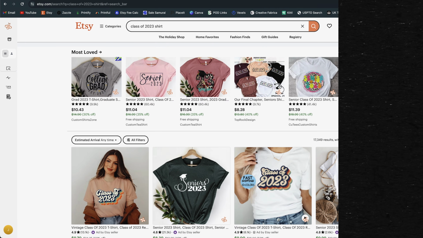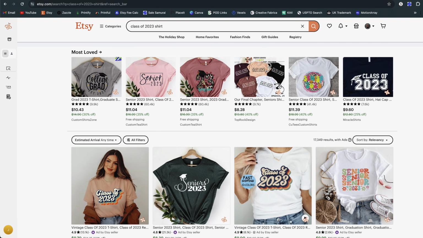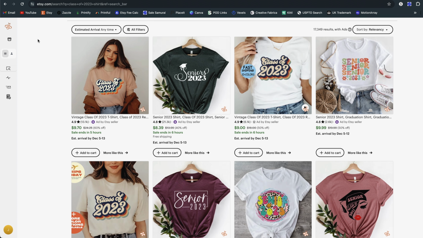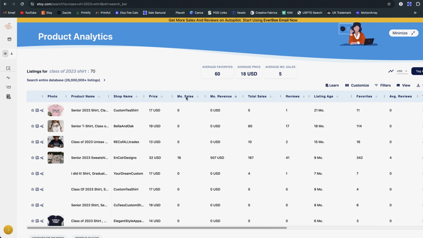Another potential opportunity would be the class of 2024. This one could be t-shirts, sweatshirts, mugs, just like the retired niche, really. It can be on multiple different products and you can do different styles of designs. So we're going to start by doing the same thing. I search for class of 2023, and then we're going to pop open Everbee and see what the best